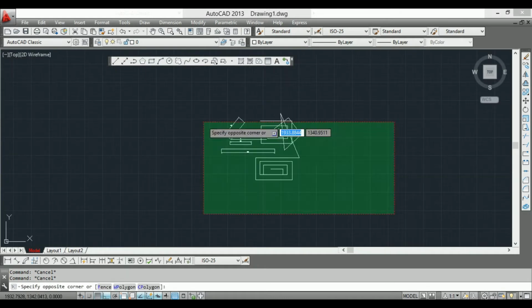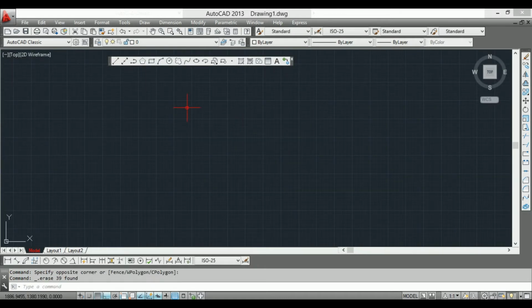There are three cases in the line command. First is the simple line that I showed you. Second, if you want a line of a specific dimension like 50, 60, 70, 30, whatever. And third is that you want to make a line at a certain angle. That is all three conditions I taught you. So I will further move on to the second command, that is construction line.